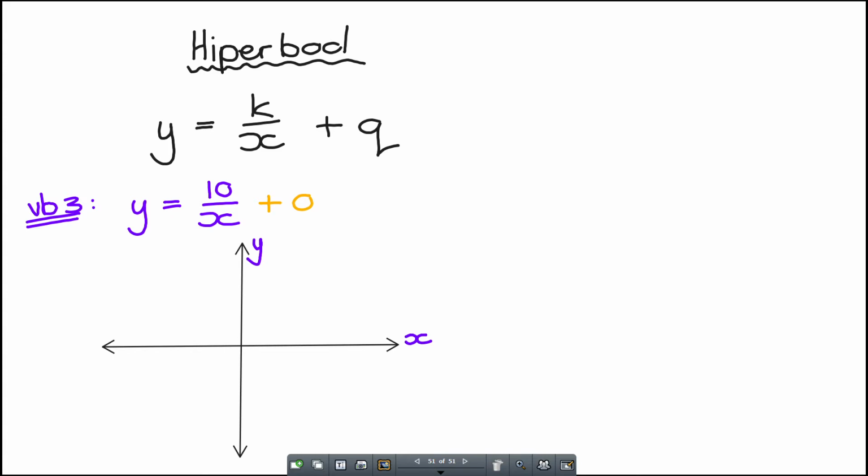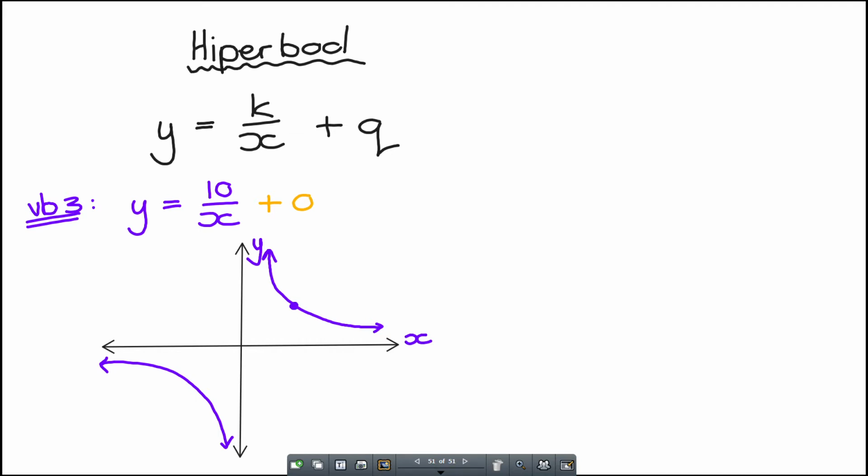Okay, so first things first, that is more or less what my graph is going to look like. Okay, now I need just one more point on that